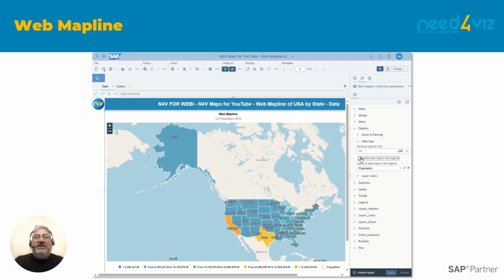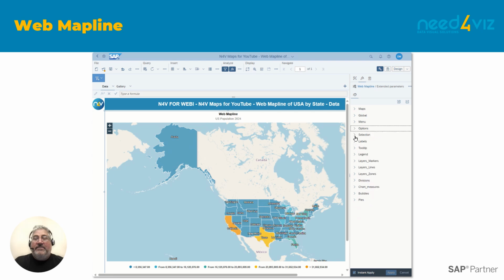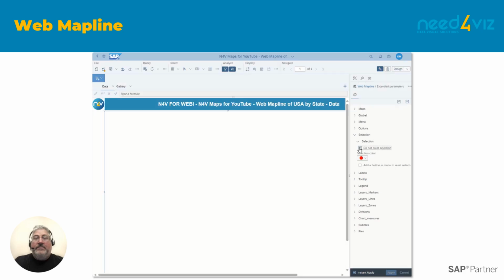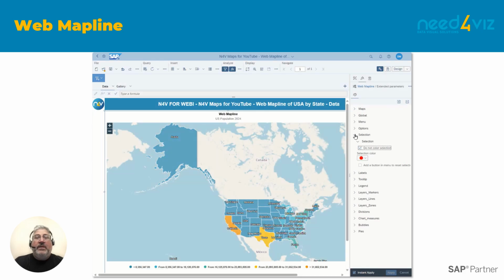I'm not using Web Intelligence element linking, so I will disable the selection color in the selection parameters. Also, my web map line doesn't define any layers, bubbles, or pies.